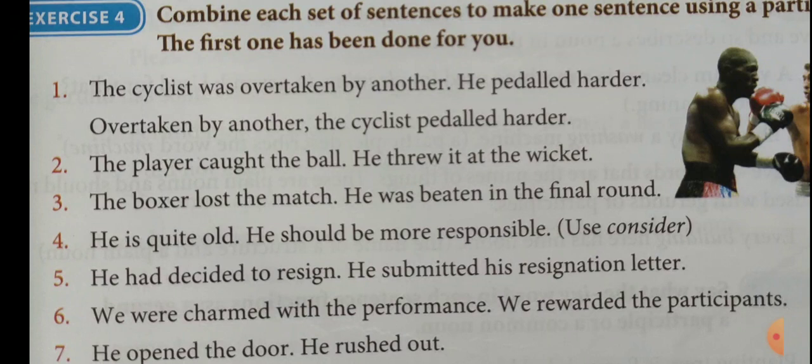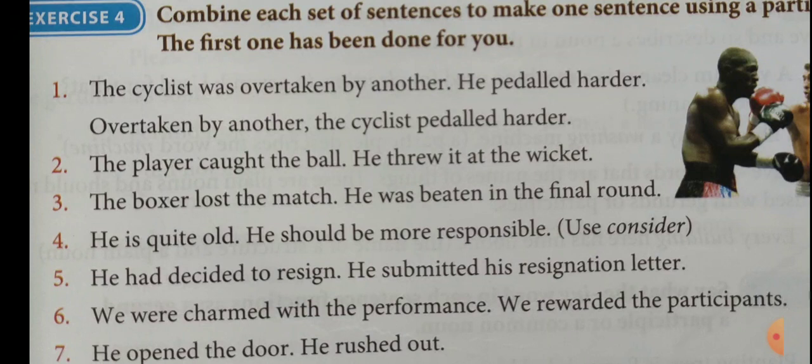So in this case we can take the verb caught and make it a participle, catching. Catching the ball, the player threw it at the wicket. So this is the method to combine two sentences